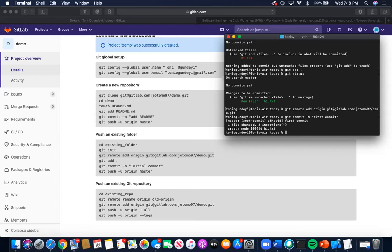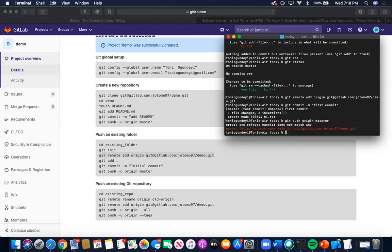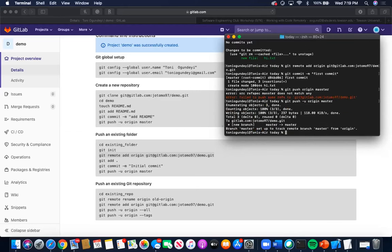So what I want to do is push it from my local hard drive into my remote repository. So I'm going to go ahead and run git push. That's weird. Hold on. There we go. So I just run git push origin master,